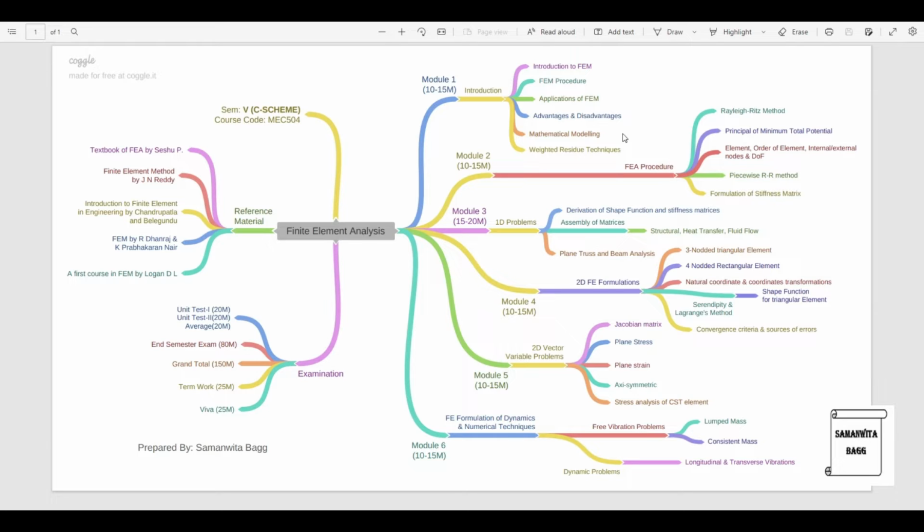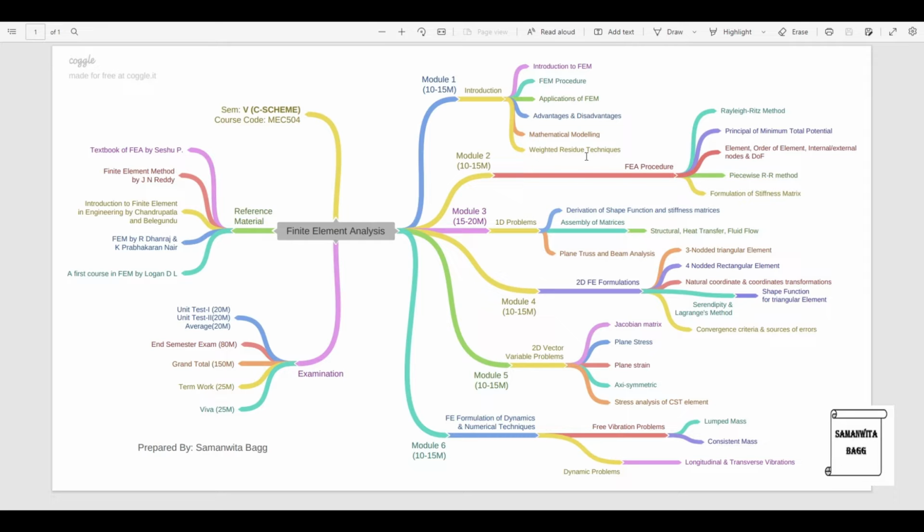You should read about what is linear differential equation and non-linear differential equation. Though the syllabus is only about linear differential equation, but you should at least know what is the difference between the two. Also in this topic, you should study about what is primary and secondary variable. What are the various types of boundary conditions? For example, there is something called as essential boundary condition, natural boundary condition. So you should read about those topics as well so that you are able to solve the numericals better.